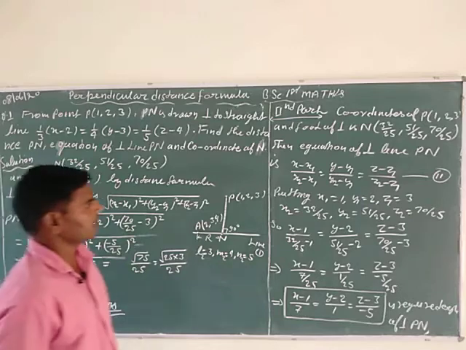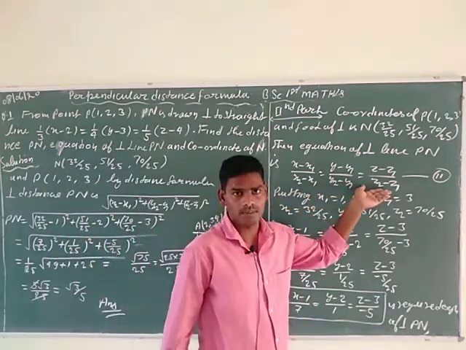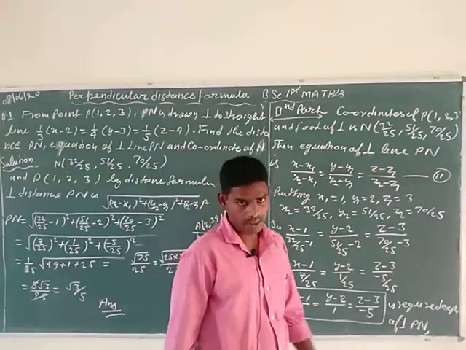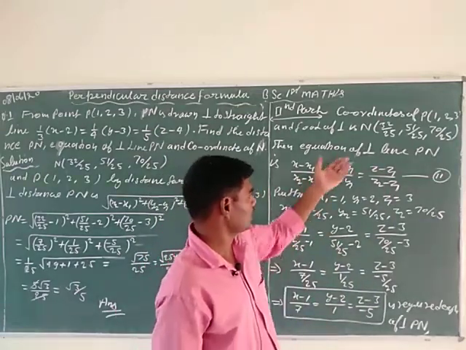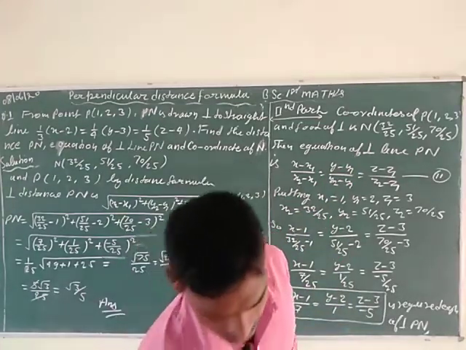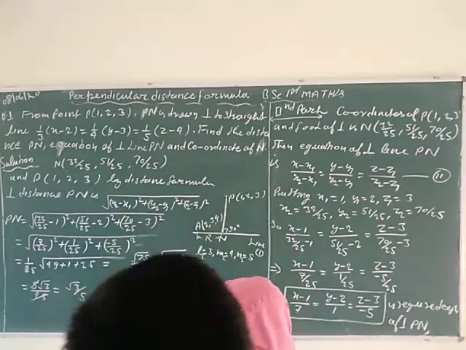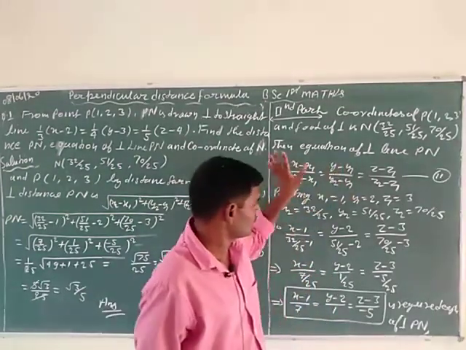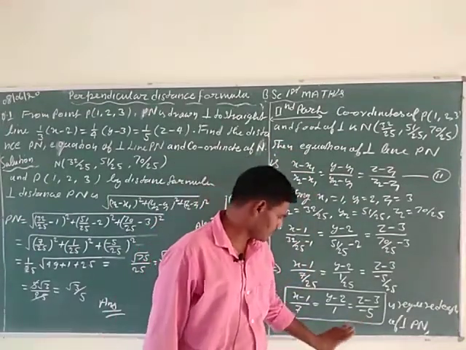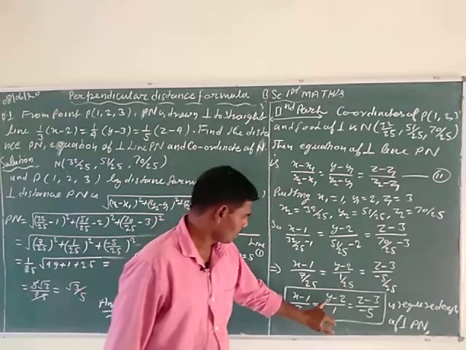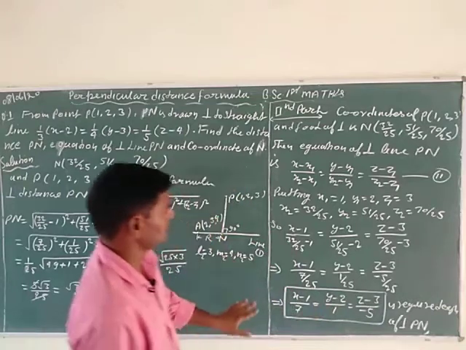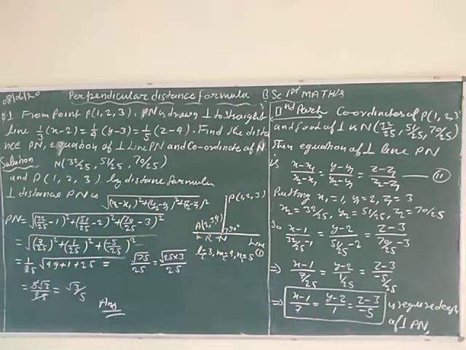After that, here using the symmetrical formula of the line which passes through two given points. Here the points are capital P and capital N, the foot of the perpendicular. Putting all the coordinates of capital P and capital N into the equation, the second equation is the required equation of perpendicular line PN, which is x minus 1 by 7, y minus 2 by 1 and z minus 3 by minus 5. This is the complete solution. Please take up the second question.